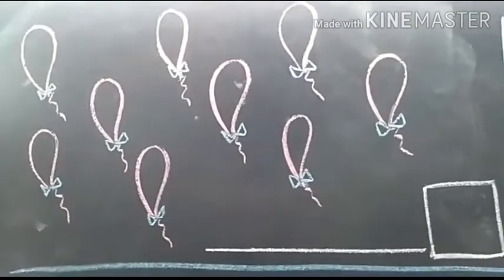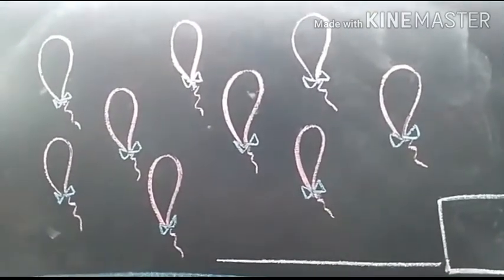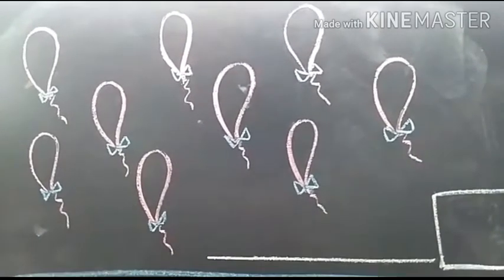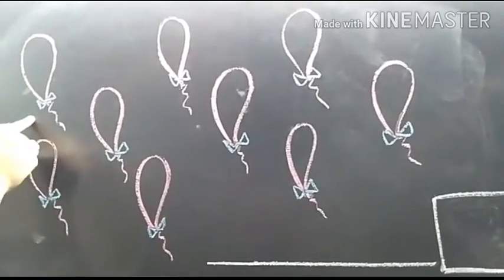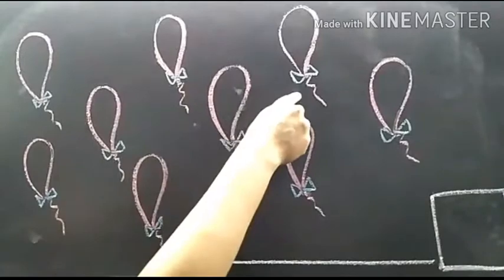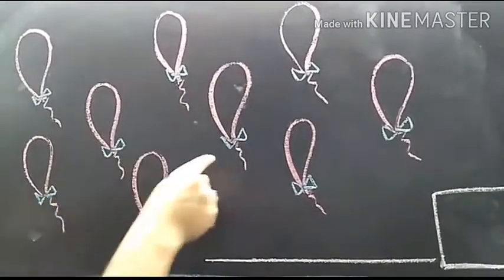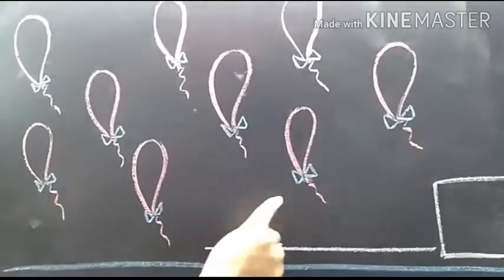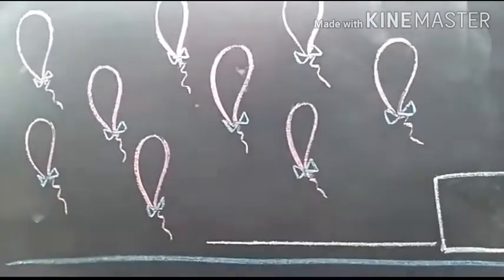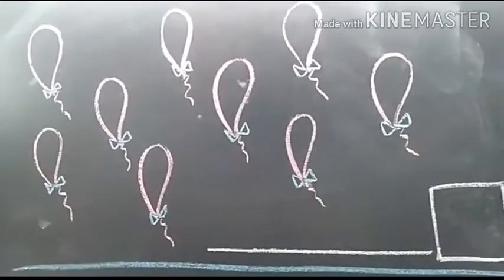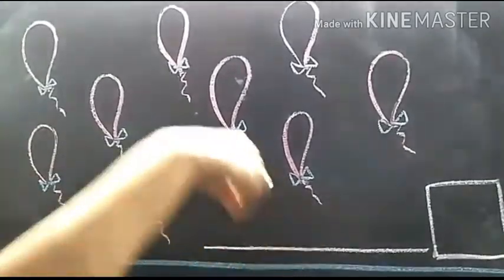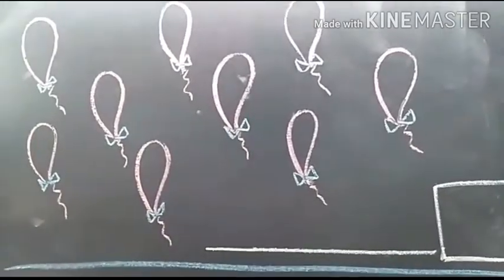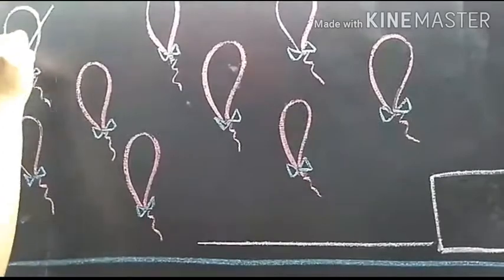Students, now next you can see there are some balloons here, right? So let's count these balloons. 1, 2, 3, 4, 5, 6, 7, 8, 9. Now you have to count with me, okay? We are going to cross them one by one and we will count them. Come on, let's start. 1,